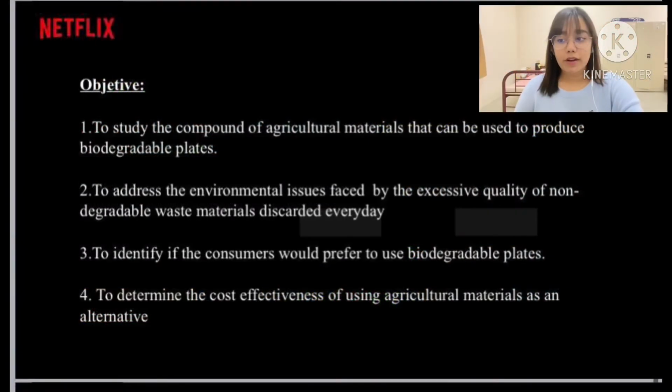First off, I would like to talk about the objectives. We have four main objectives. The first is to study the compounds of agricultural materials that can be used to produce biodegradable plates. The second is to address the environmental issues faced by the excessive quantity of non-degradable waste materials discarded every day. The third is to identify if consumers would prefer to use biodegradable plates, and lastly, to determine the cost effectiveness of using agricultural materials as an